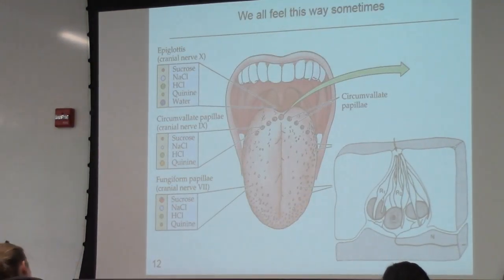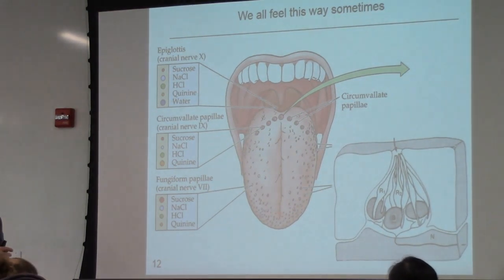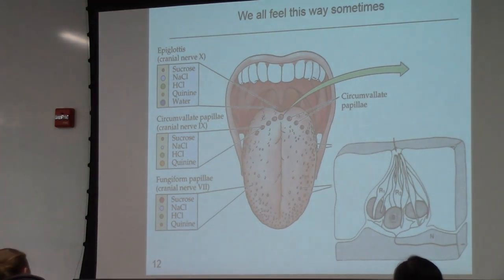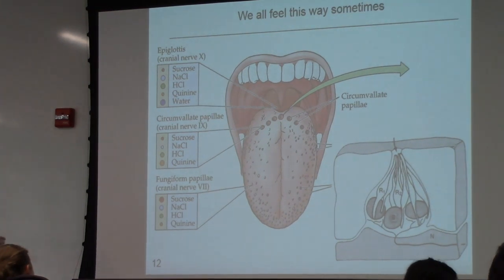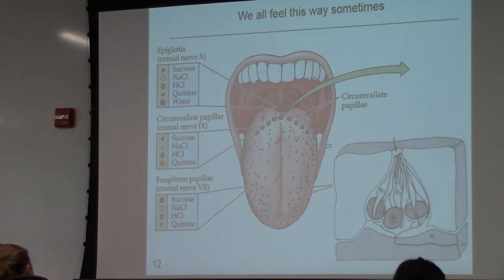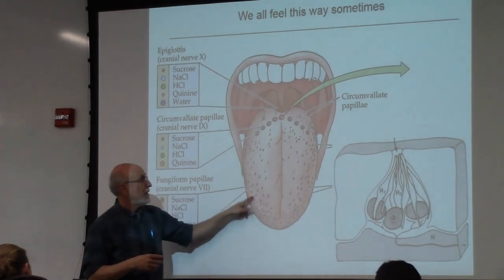So we have taste buds. You all know that your tongue is studded with taste buds. You may have heard that we taste sweetness with the tip of our tongue and we taste bitterness with the back of our tongue. And that's not true. It is true that we have more sweet taste receptor